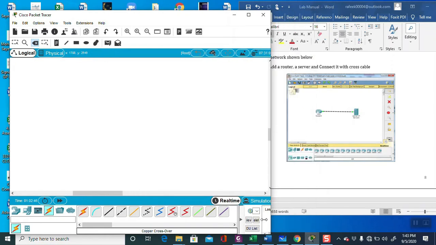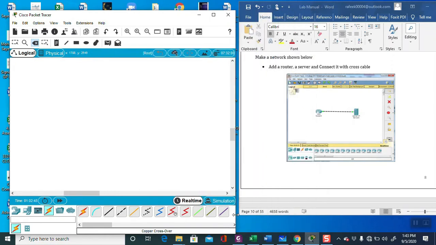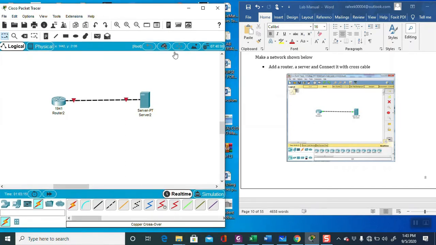Here we have to take a router; they are using the 1941 model, so take it here, and we have to take a server. Now make the connection. Here you are using Giga, so you have to remember the interface, and here is the fast Ethernet. Now go one by one.